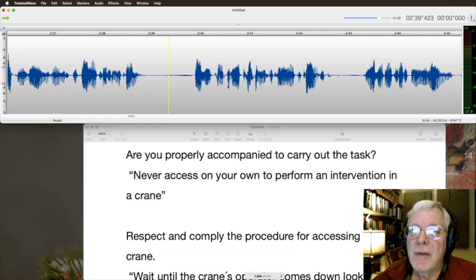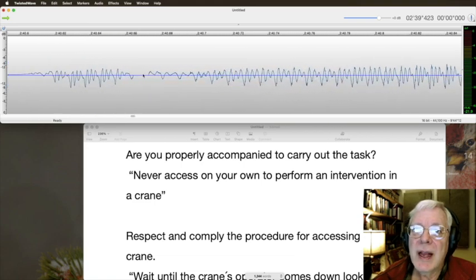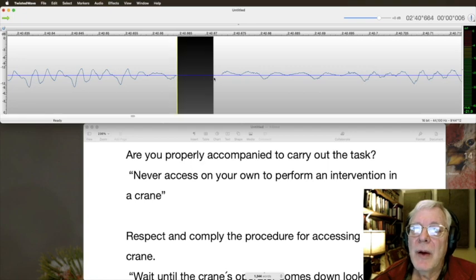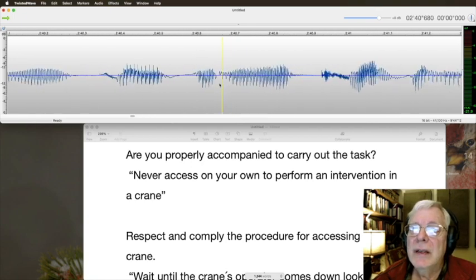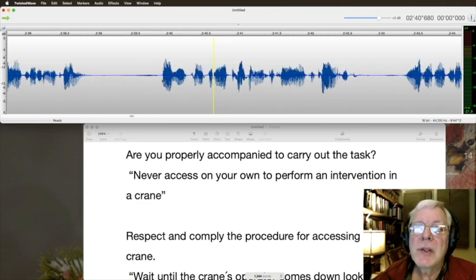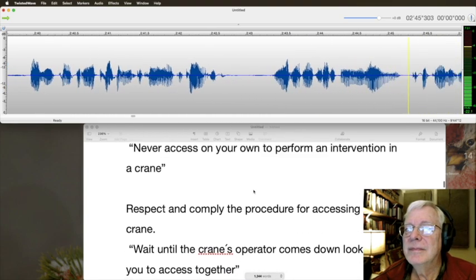So I've discovered that if you zoom way in, see like I did right there, you can see there's the spot right there. You can literally just mute out a tiny, tiny area, and it's enough to take care of the click. But because it's such a small sampling of the overall sound, you don't hear it as missing. There's no audible gap. Are you properly accompanied to carry out the task? See? Never access on your own to perform an